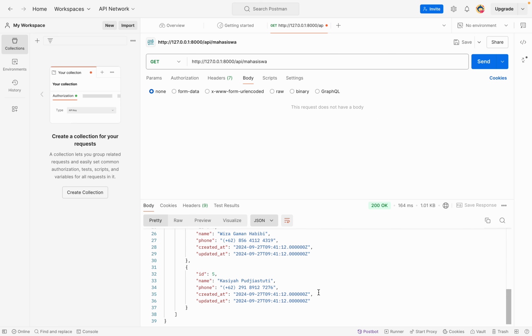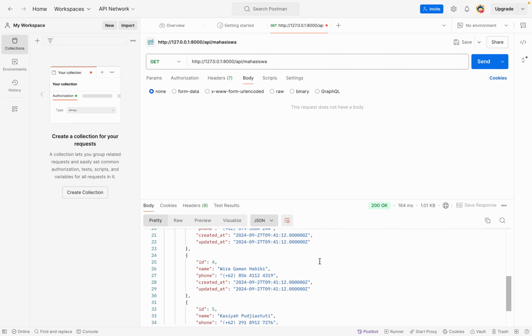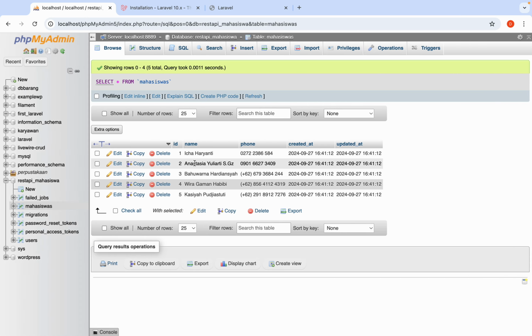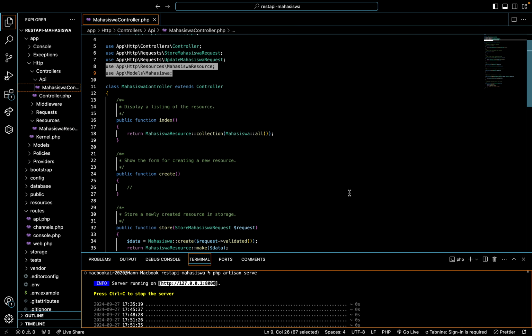Okay, we can access the DB. You can see Ica Haryanti, Bawarna, Kasia, Puji Astuti. It's the same as this. The connection for the database is localhost PHP my admin.